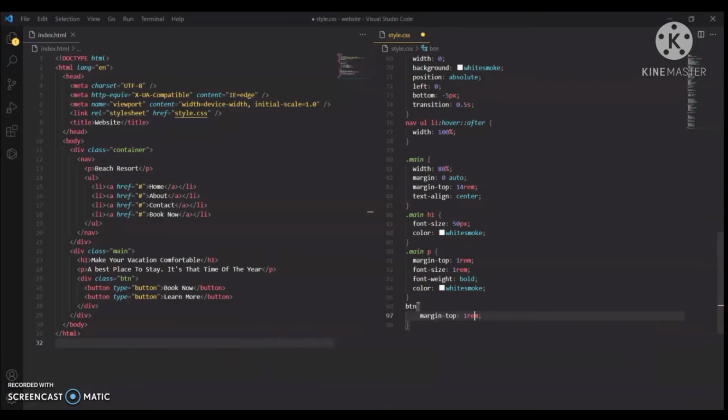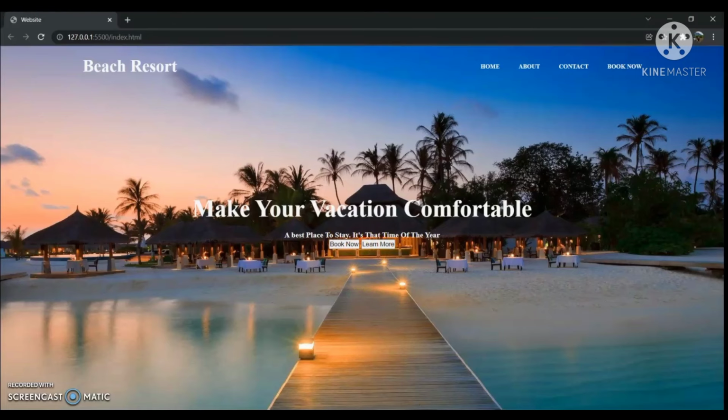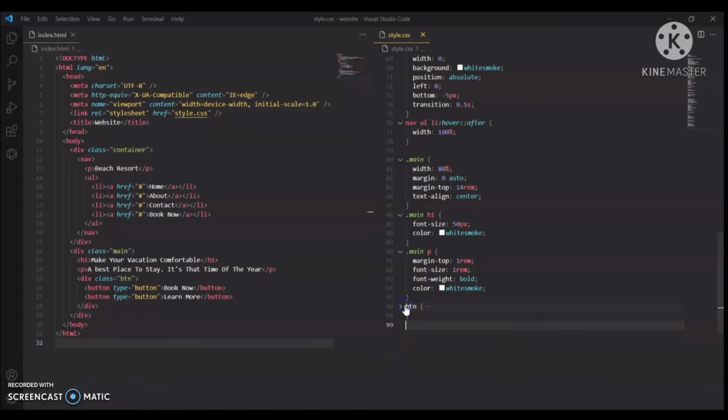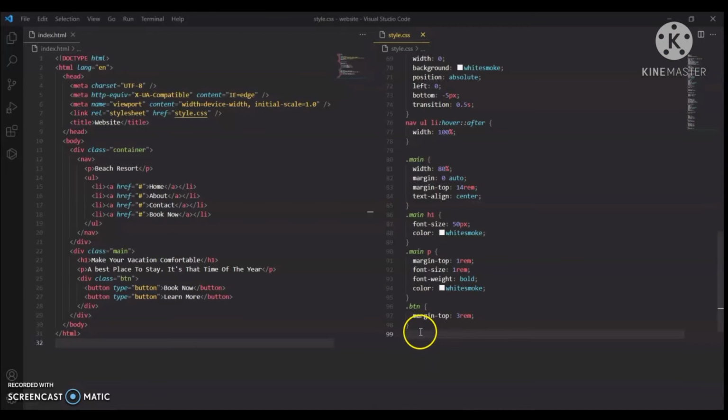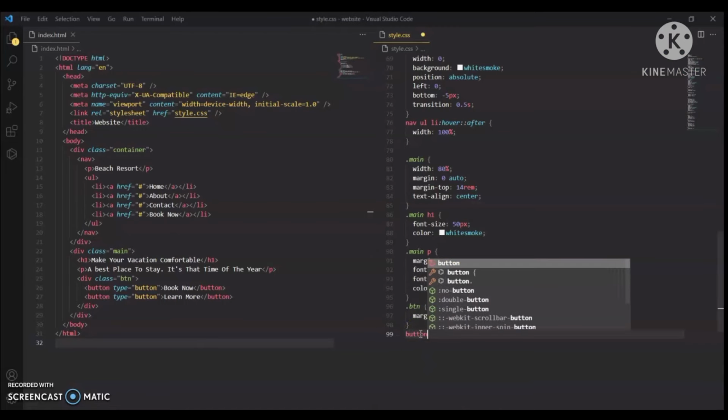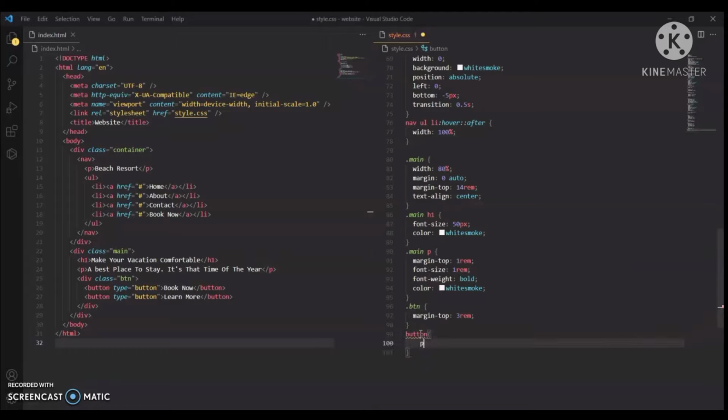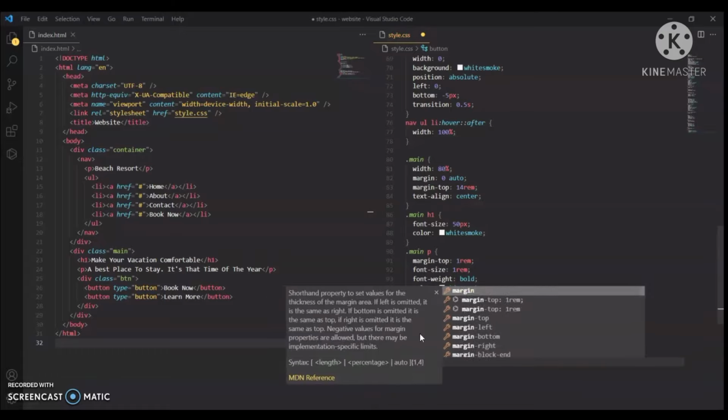Now we will style the button. First of all, margin 3 rem. So dot button, the class name. Now we can see the change. Position relative.